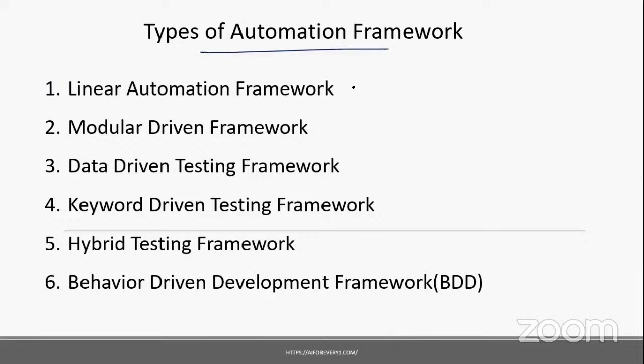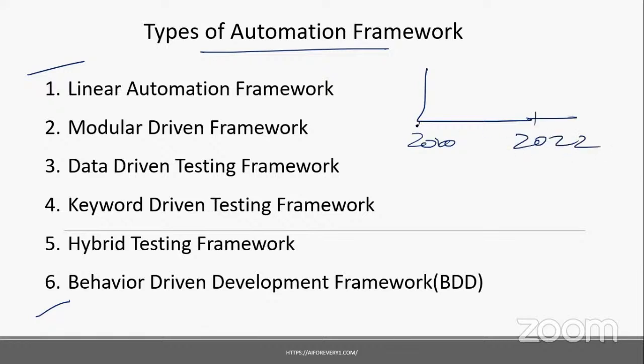Okay. Now, when we talk about frameworks, we have majorly 6 types of framework. This is something we are going to talk about over the last decade. To my knowledge, I started in 2010, and we are in 2022.